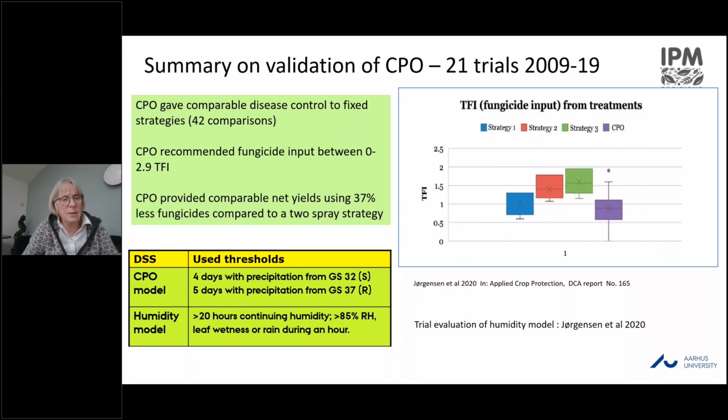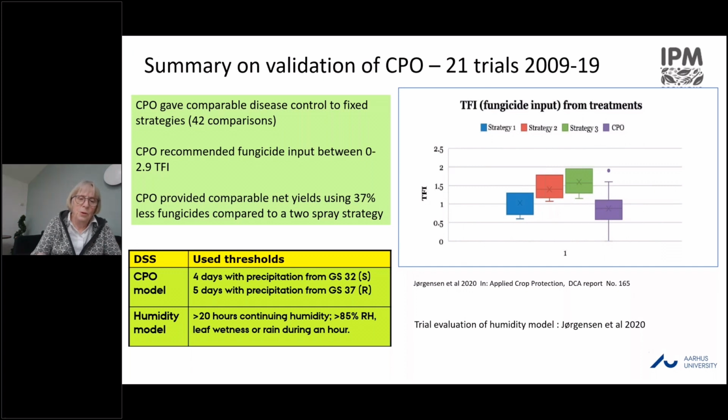And particularly again, Septoria, we know that humidity drives the disease, and relatively simple rules have been applied: you spray against Septoria if you have had 4 days of precipitation, or in a resistant variety 5 days of precipitation starting at a later stage. So these are rules of thumb, which I think most farmers recognize today, and also to at least some extent apply before they treat their crops.